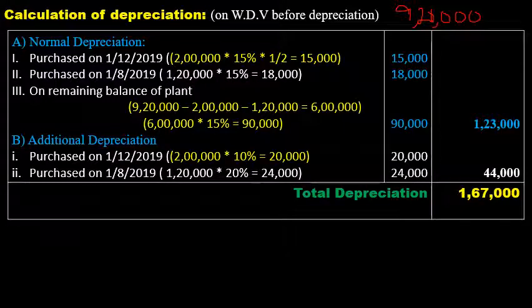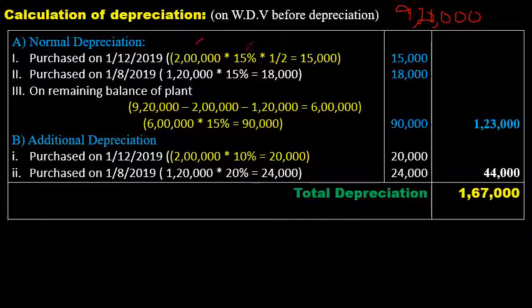In this case there are two purchases. One was purchased in the month of August and another in the month of December. So first you have to calculate depreciation on the asset which was purchased recently, that is in the month of December. Why? At the end the value which you consider for depreciation should not be more than the written down value before depreciation. So the purchase on 1st December 2019, its cost 2 lakh,